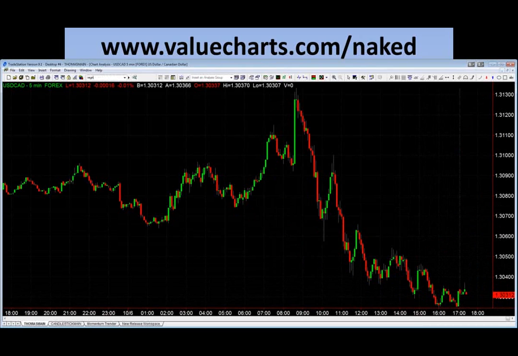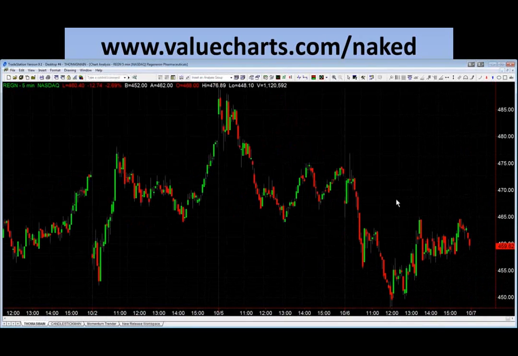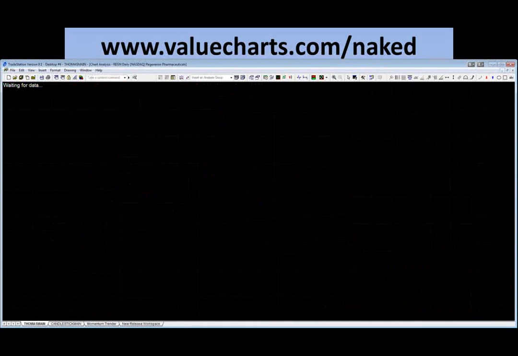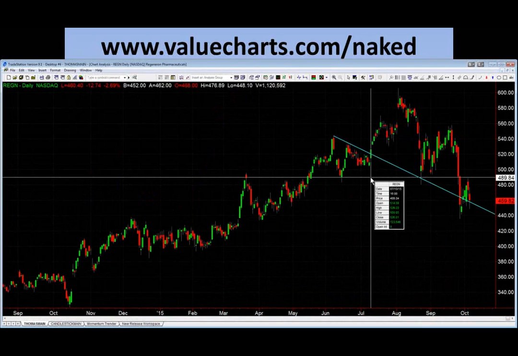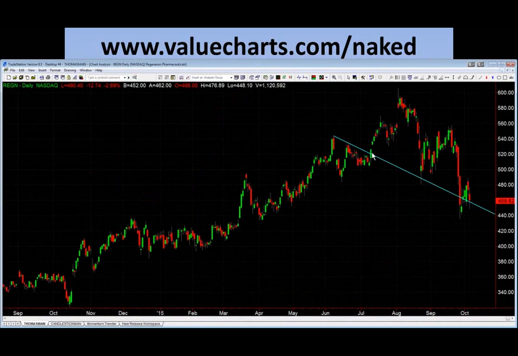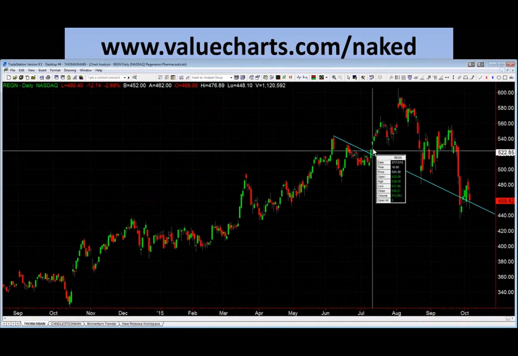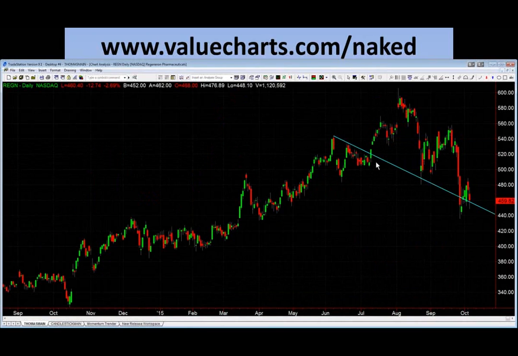REGN, Regeneron Pharmaceuticals. So let's look at a daily price chart. Trend was up. Higher highs, higher lows. You had a couple micro trends on the way up, things like this right here. Broke it, and then look at 3 days later. This is why, again, you don't wait for it to close above. Wait for the close above, that means you bought up here, as opposed to buying at 521, you bought at 532. All right, nice up move though.